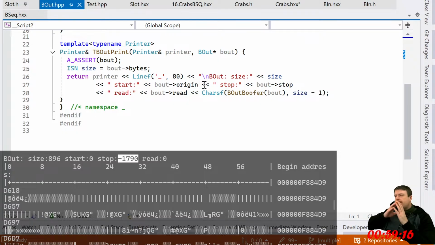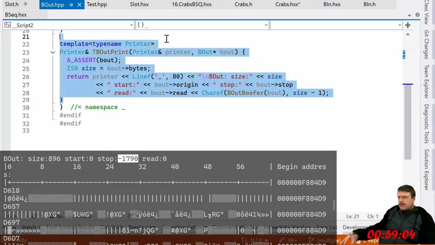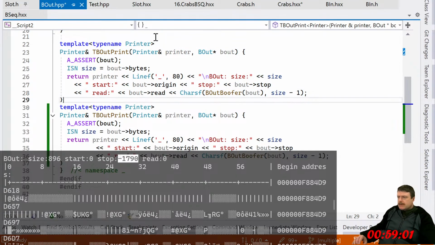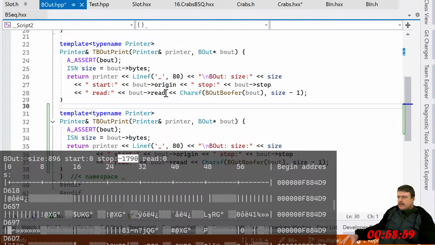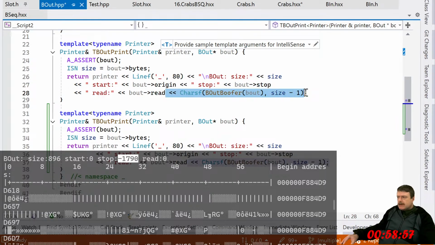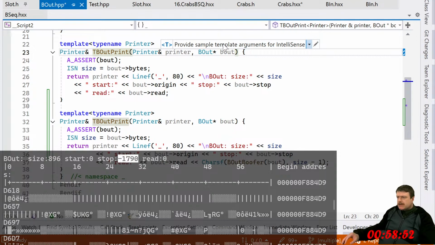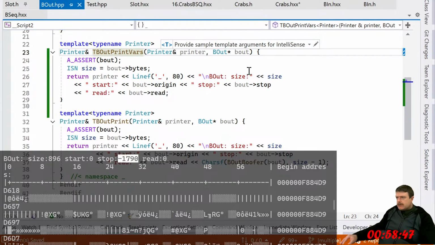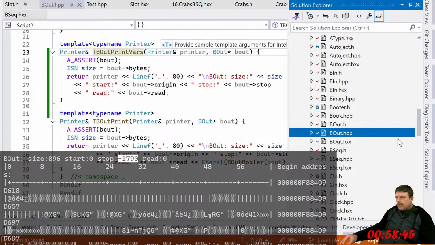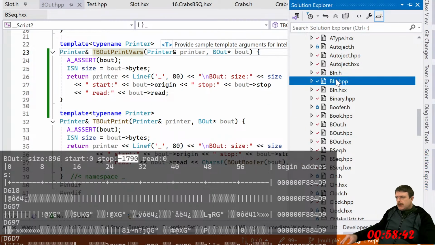One option is to pass a flag. I don't want to pass a flag because that would kind of mess some other stuff up. We'll just do this. Let's take out that. Yeah, print. All right, and we'll just do the same thing for B in the HPP.